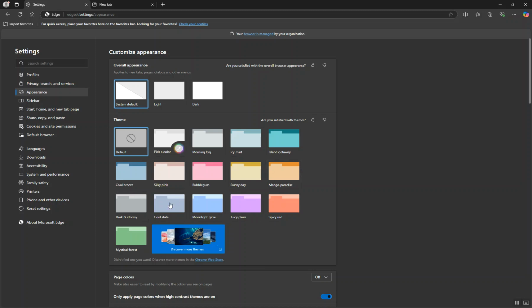You've got plenty of colors to choose from, and then if you want additional themes, you click here, and then it takes you to the Microsoft Edge store, where you can download and install additional themes. So play around with these, customize, and if you found something that matches your taste, let me know